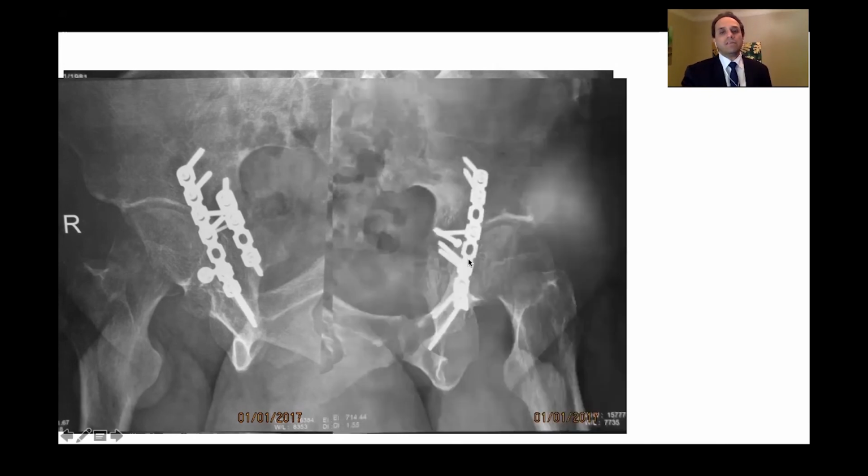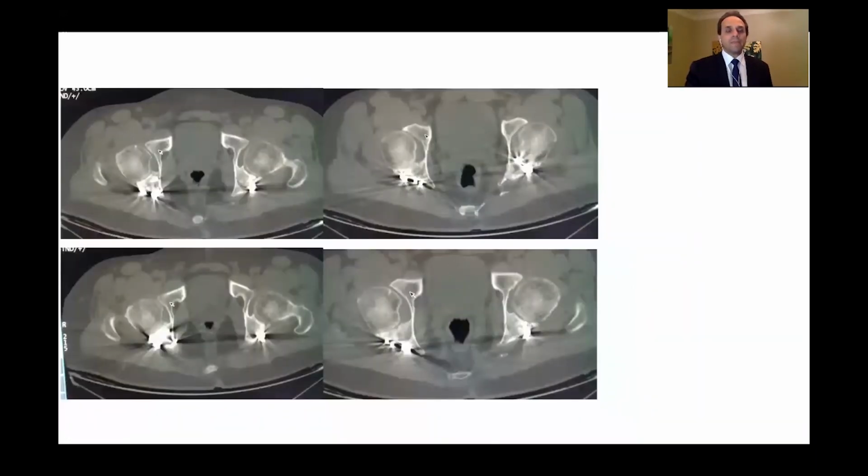On the other side, this is the posterior column. So the plate is holding the posterior column with 2 screws distal, 2 screws proximal. This screw is for the posterior wall. These 2 screws are rafting for the impaction, and another lag screw for the posterior wall. And this is the CT. You can see how the marginal impaction was reduced on both sides, and this is very important to evaluate. This is the CT of the patient after, I think, 6 months.